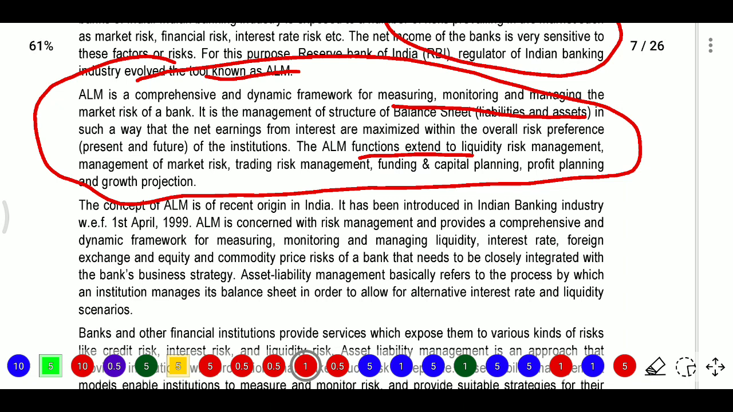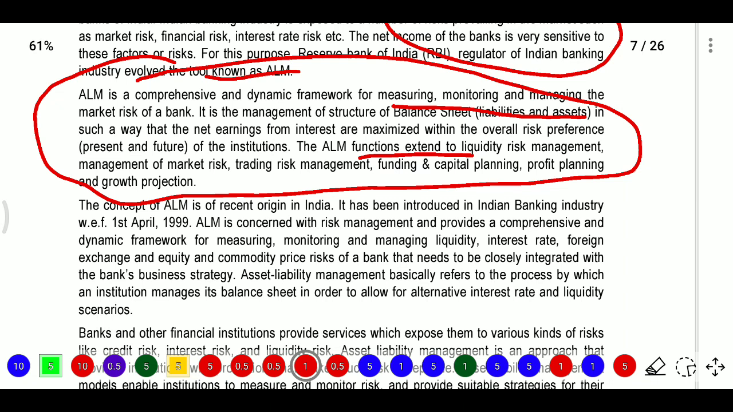ALM is one framework which can measure, monitor and manage the market risk of a bank. It is one structure, the management of the structure of the balance sheet. In the balance sheet we have liabilities and assets in such a way that net earnings from interest are maximized with overall risk preference. So what is the present and what is the future of the institution, based on that they will consider the